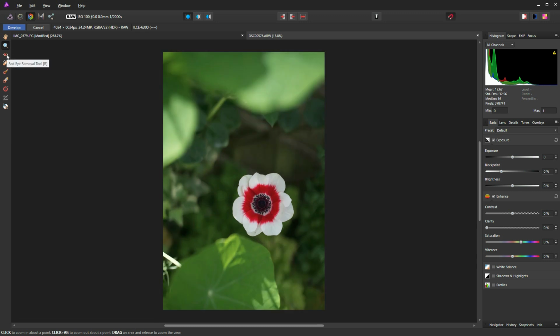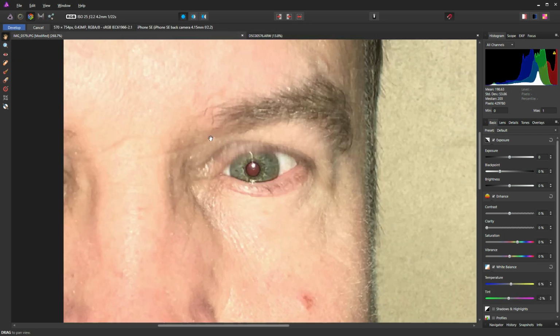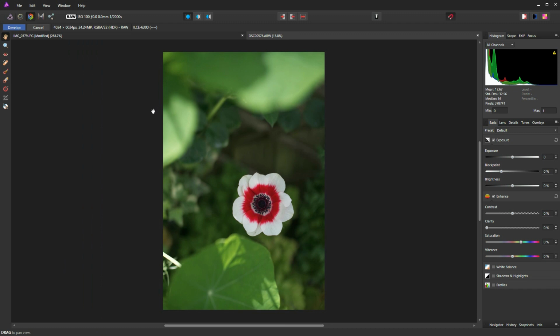red eye removal tool. Now obviously there's no eyes in this image, hence the awful picture I took this morning of me. We'll switch to that, and what I'll do is I'll just click on the red eye removal tool, and it is simply a case of left clicking on the outside of the eye, dragging, and Affinity Photo gets rid of the red eye for you, and that is the sole purpose of that tool. So I'll return now to our flower image, and this is the image we're going to use for the rest